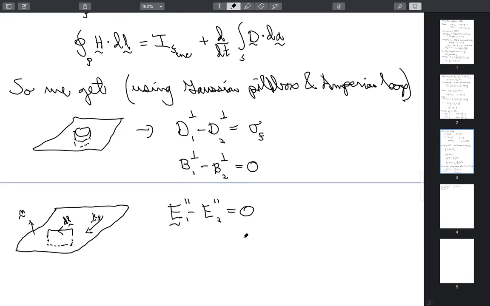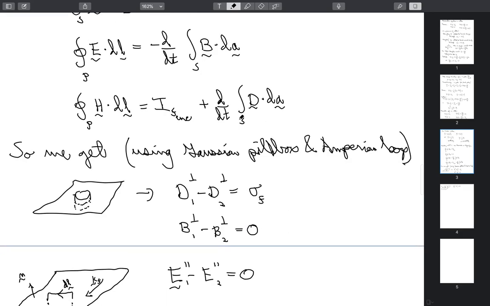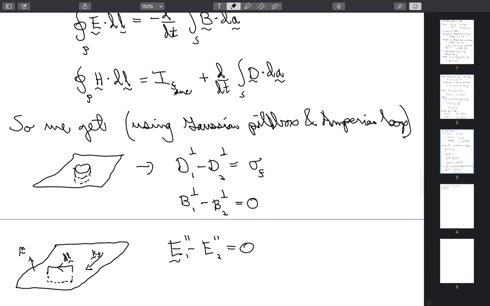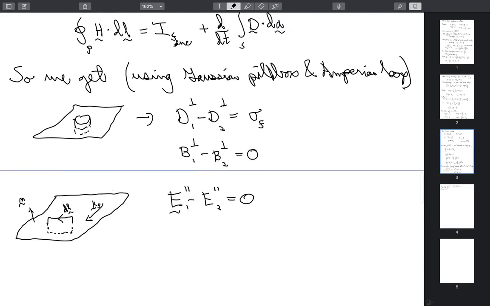And now if I take the last equation, this term would vanish, but this one would be the total free enclosed current. Because I have a surface current density here, I would pick up a contribution from it. The contribution that I get is really just the integral of this free surface current. So what that tells me is that the discontinuity in the parallel component of H is, if you just work out the thing, you see